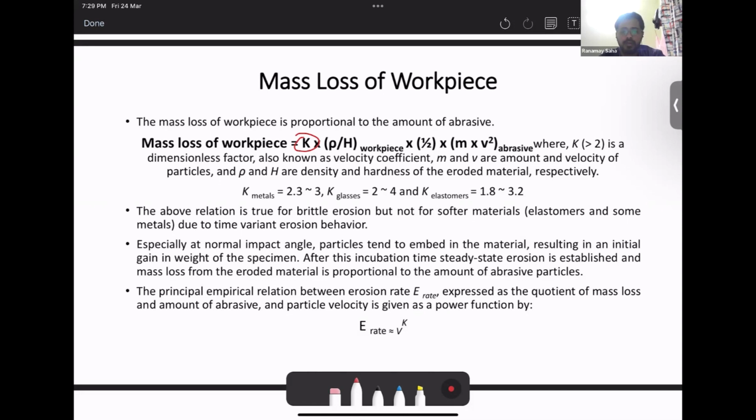So, different kinds of materials. Okay. Now, depending upon this concept, we'll look